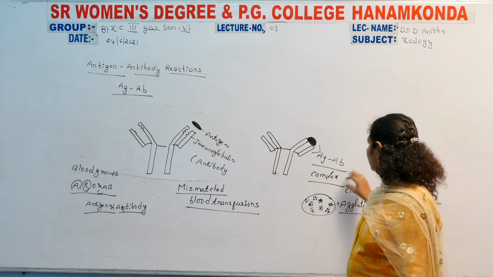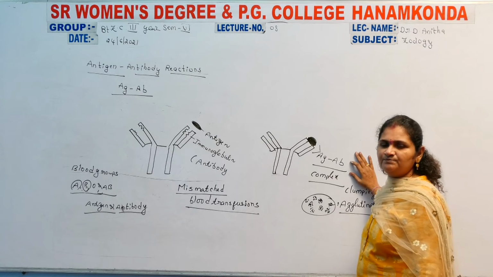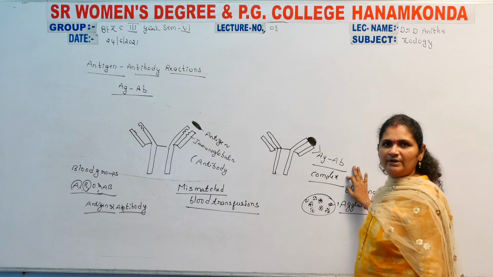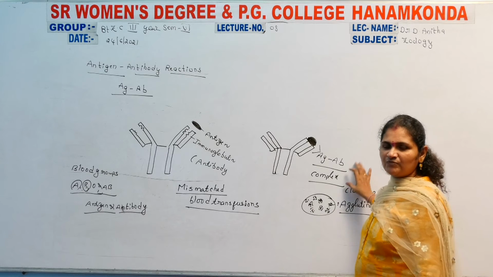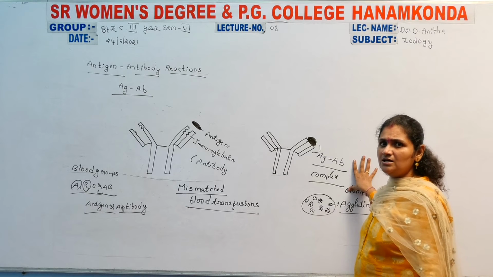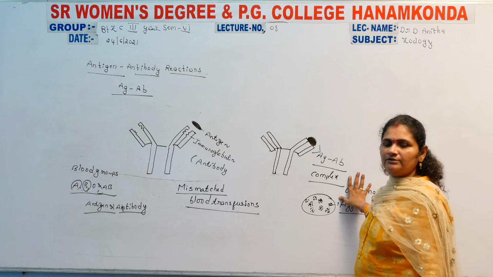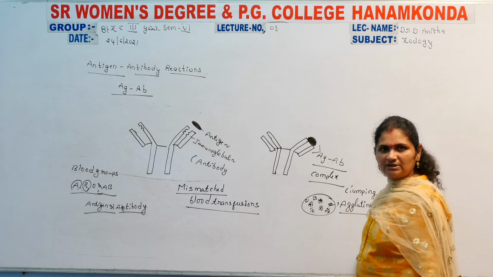So those are the main reactions that may occur in the antigen and antibody reactions. The antigen and antibody reactions first form a complex material. It is an insoluble complex form. It is gradually going to be dissolved. Only then is the antigen neutralized. Otherwise, the complex material remains in the insoluble form, which may cause a clumping mechanism that leads to the death of that particular person.